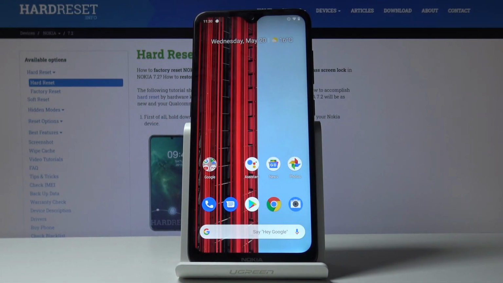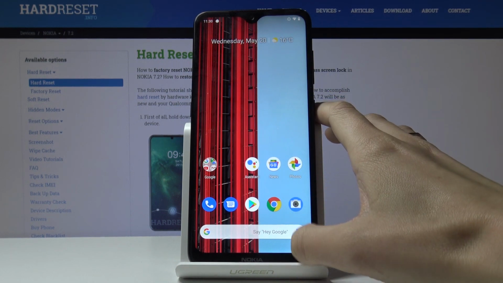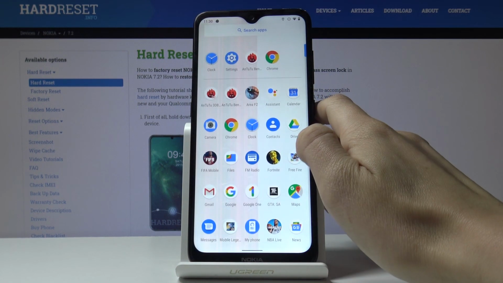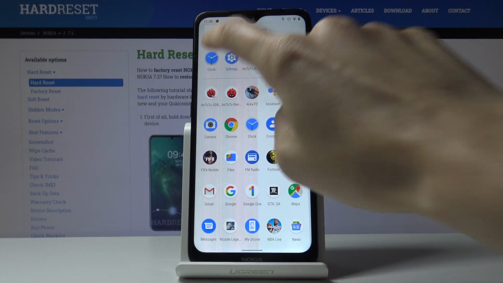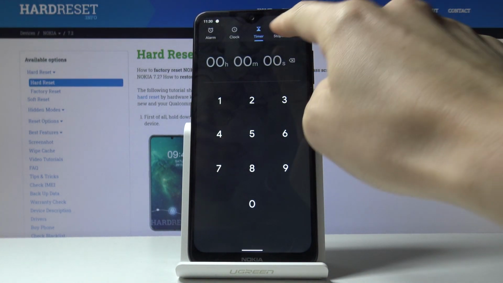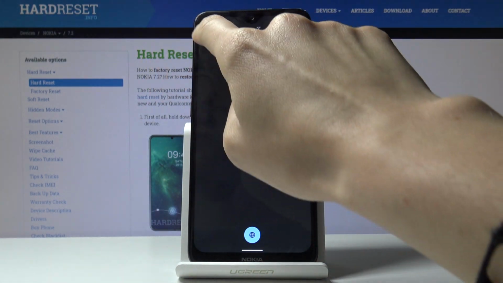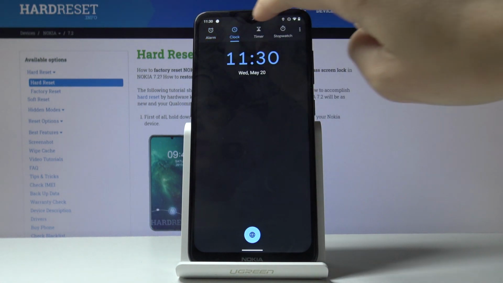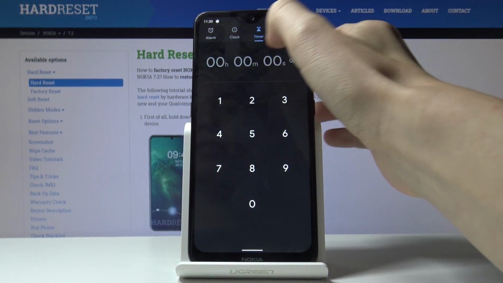Here I've got Nokia 7.2, and let me show you how to use timer on the following device. So at first you have to open list of all applications, then find and pick clock app, and as you can see here you've got timer. So if you're in stopwatch, alarm or clock, just go to the timer, and now you can pick the time,